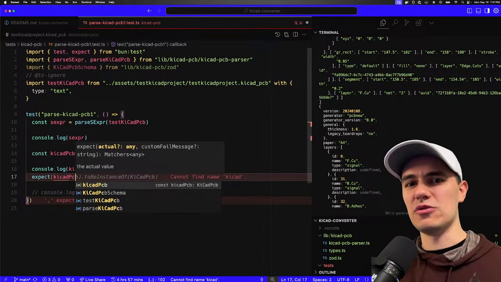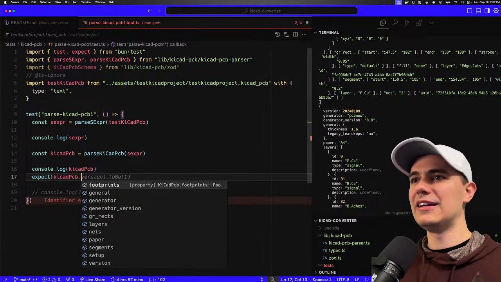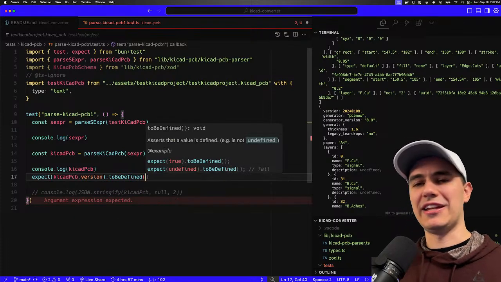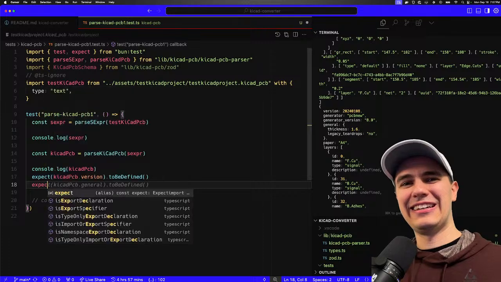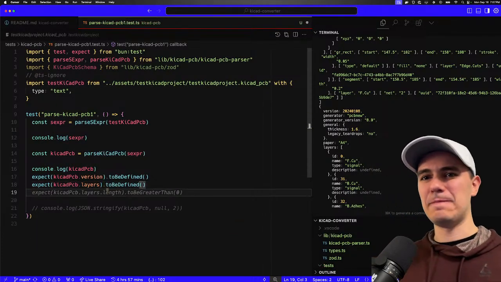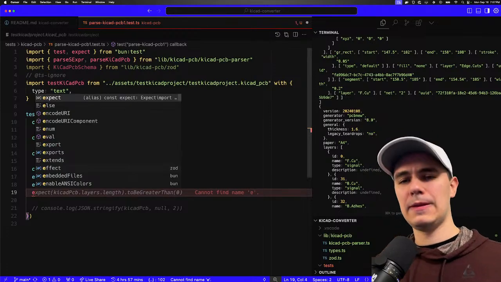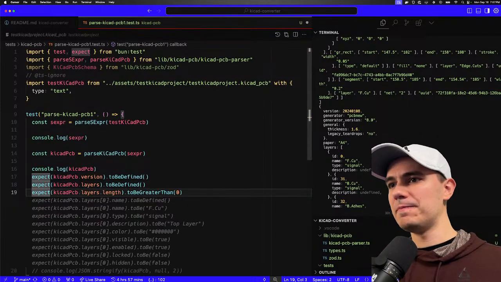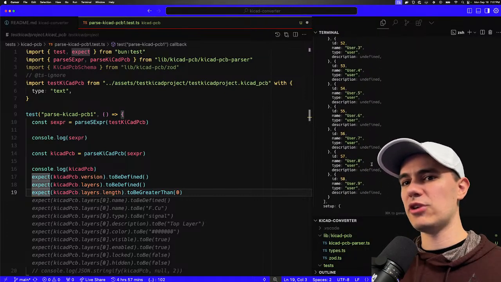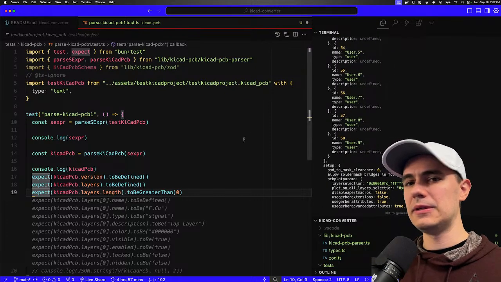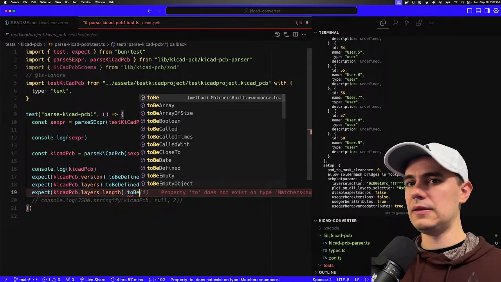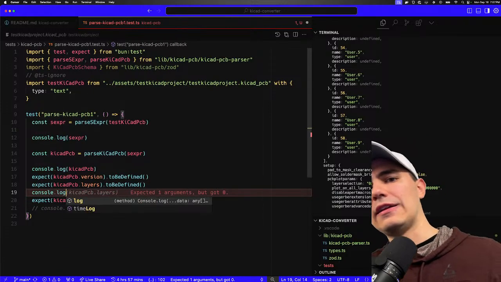So instead, I'm going to do smoke tests, which is basically like, you know, making sure it's not broken. So we're expecting the version to be defined. Let's say that the layers are defined. Yeah, layers is greater than 0. Actually, we know how many layers there are, and that shouldn't change. So we could keep the layer count pretty precise if we wanted to. Although there is a lot of layers. But we can log that length. And then